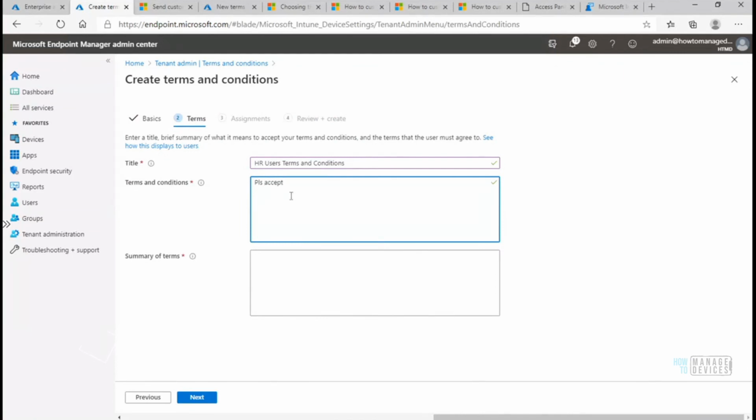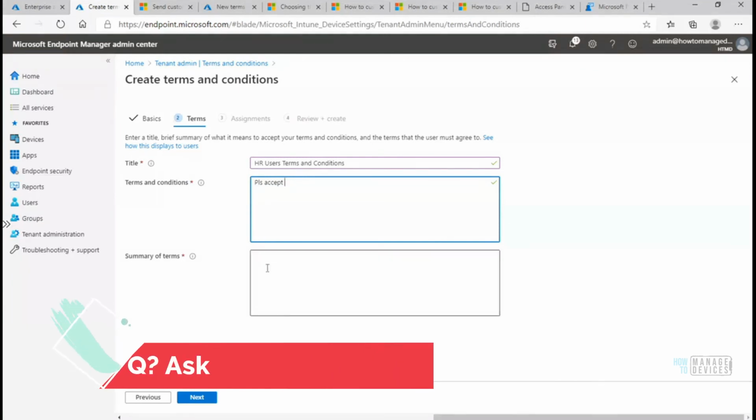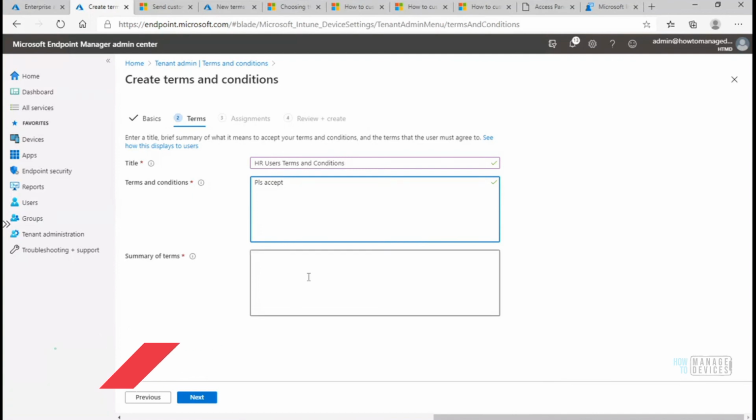If you want the content of these terms and conditions, probably you need to contact your privacy team if you have one, or data protection team, data privacy operations team, DPO teams, etc., to get the content of this particular policy as per your organization. That is not something we can create or build from an Intune admin perspective. This is legal terms and conditions, and sometimes you need to be very careful about this. So don't make your own sentences. Approach the DPO team, privacy team or security team, or somebody from the management side